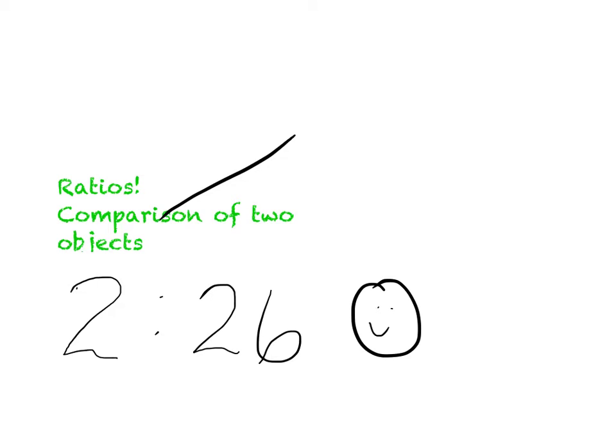We can also show this ratio as a fraction, 2 over 26. Okay? What we're going to play, okay? Let me tell you. Is we're going to take those ratios and we're actually going to turn them into